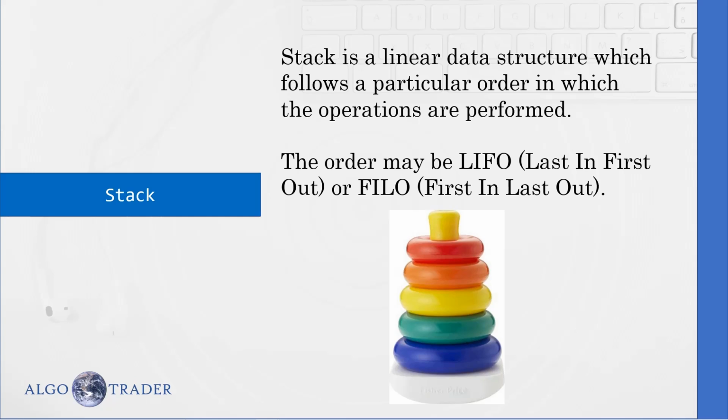In this case, the first ring that you have pushed onto the stack is the blue ring. After that, light blue, then yellow, then orange, and then red. So the last item pushed onto the stack is the red ring. So which ring can you remove first now? You cannot remove blue, yellow or orange, correct? You can only pop the top item from the stack, that is the red ring.